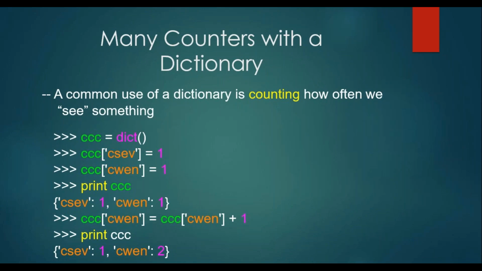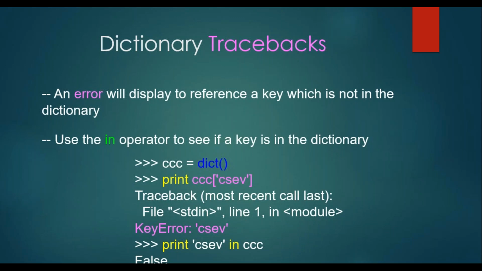Right? Next, dictionary tracebacks. Traceback means exception, error. If something goes wrong in your program, it will show as an error. So how do you trace? How do you debug? The line will be shown, representing which line the problem is in.